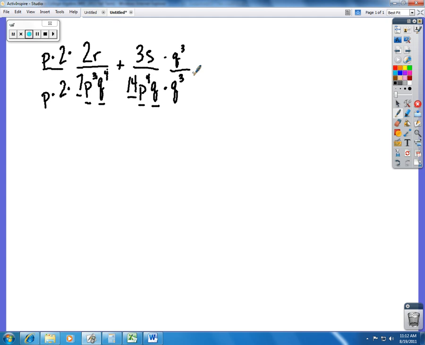All right, so now we're just going to go and simplify down our fraction here. So on the top here, we've got 2 times 2, which is 4, times p times r. Now it doesn't really matter the order that you put these in. The book likes to put things first with numbers and then in alphabetical order. So I'm going to do it the way the book does, just so that there's no confusion. Okay, but you could write 4rp, you could write p4r, it doesn't really matter, it's all the same thing. Alright, and then in the denominator we have this 2 times the 7, which is 14. We've got,